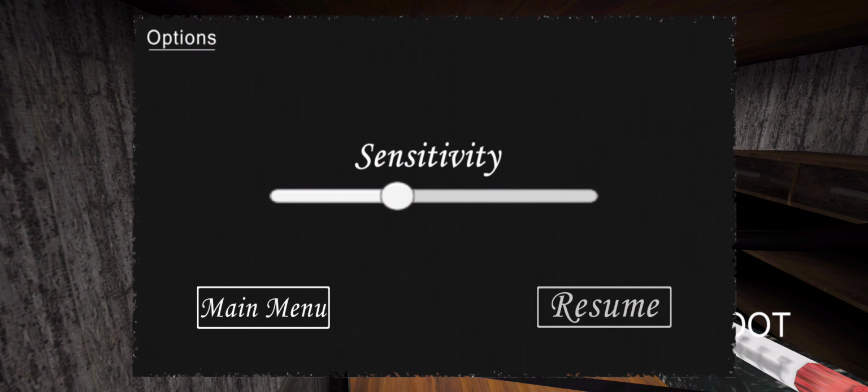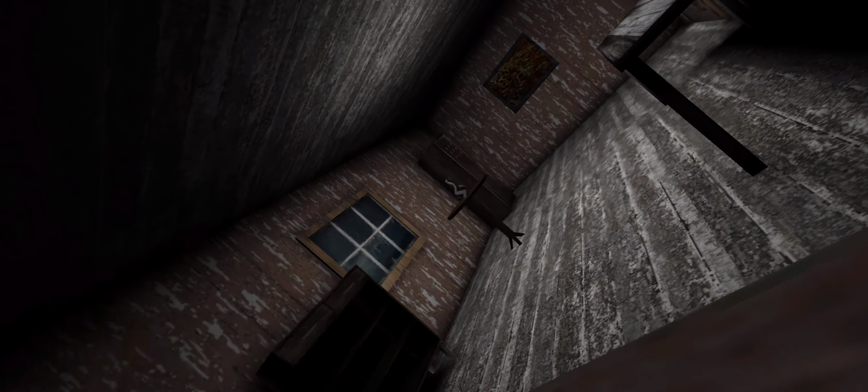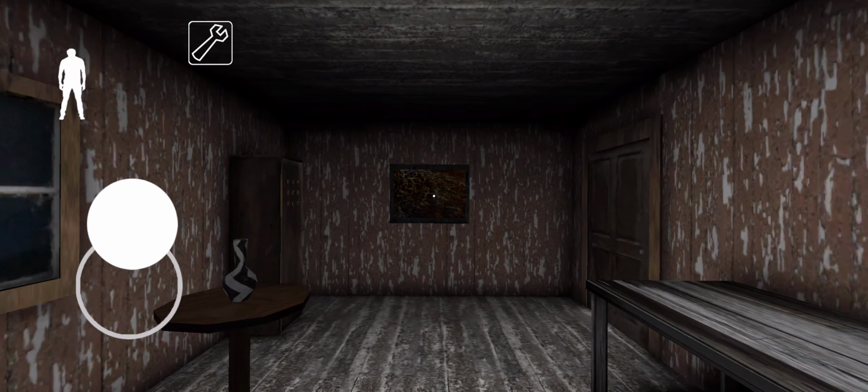Now, let's do this on normal mode. On normal mode, it is more difficult to go downstairs into the kitchen, but it can be useful. First, remember what I told you last time, guys. When you spawn in the game, keeping Granny away from you is a good plan to do. But you can also do it where...